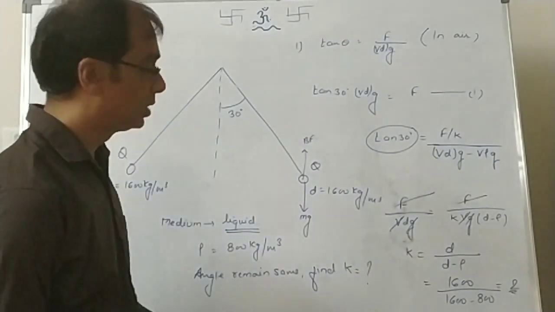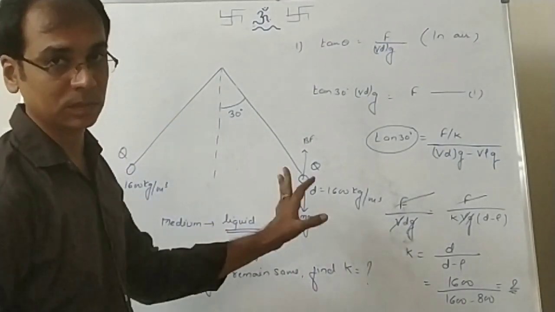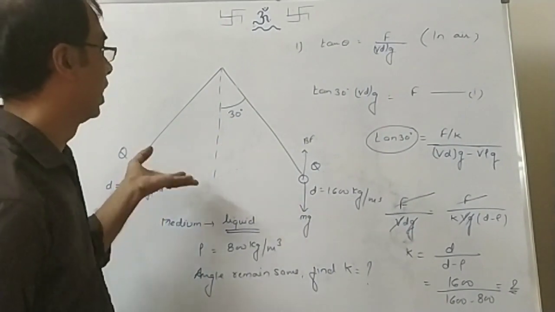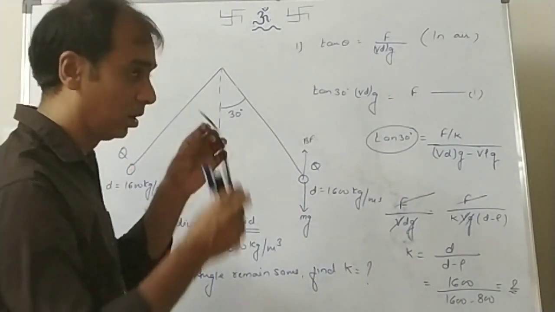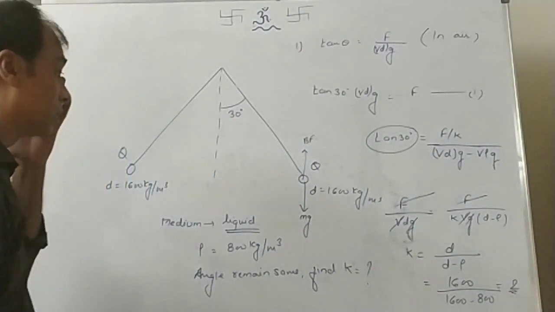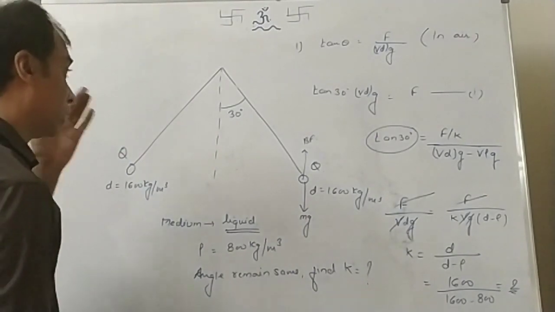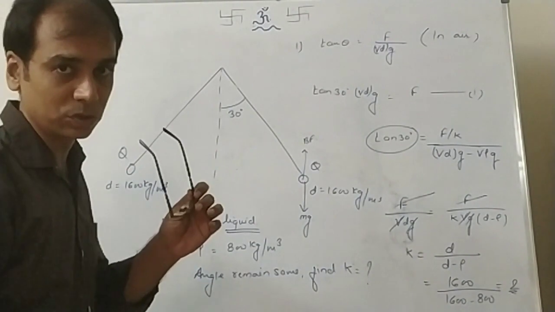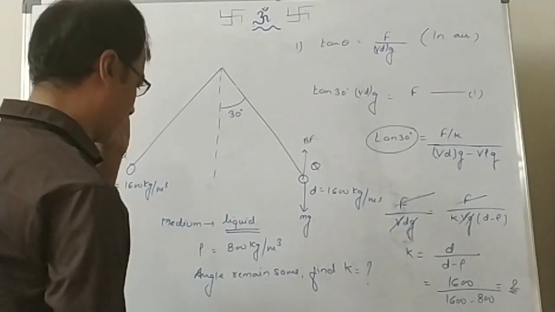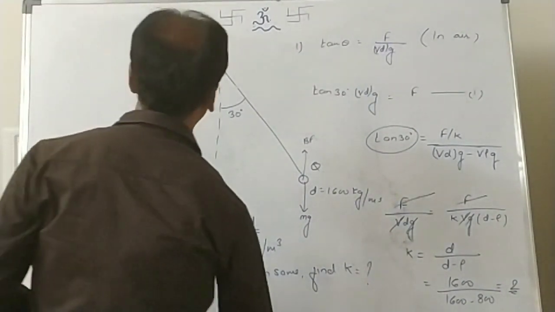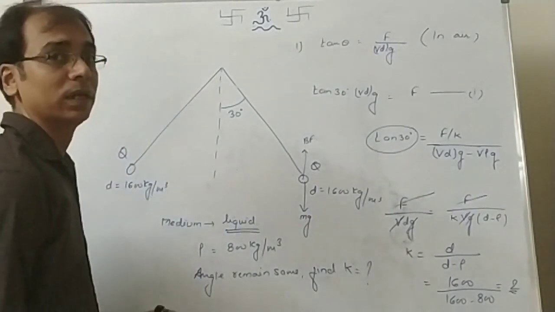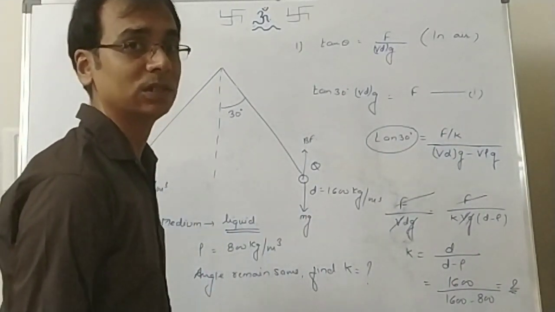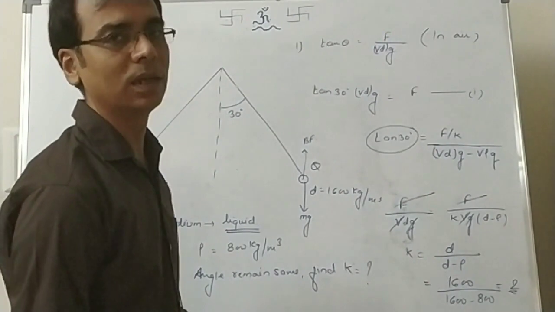So these kinds of questions are asked commonly. Either they can ask you the K value or they can ask you the density of the liquid, anything they can ask you. But remember that this is how the method is, and this is the simplest and easiest method to solve it. So these are the questions which we have to do when it is told to us that charges are kept in some other medium other than air.